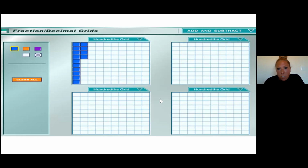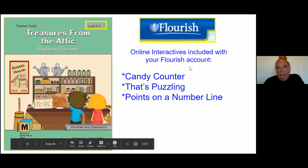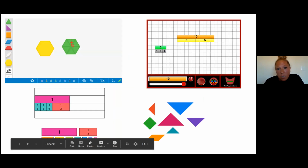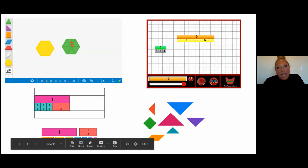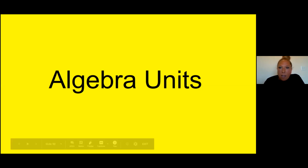So I can use these for teaching and the students can use them when they are asynchronously problem solving. Here is the unit we were looking at today, Treasures from the Attic, and they have some interactives to help teach fractions. And then here are all the links that would help you teach and support virtually the fraction unit. So we have tangrams, pattern blocks, Cuisenaire rods, and we want to encourage students to solve these problems in multiple ways. In our algebra units,